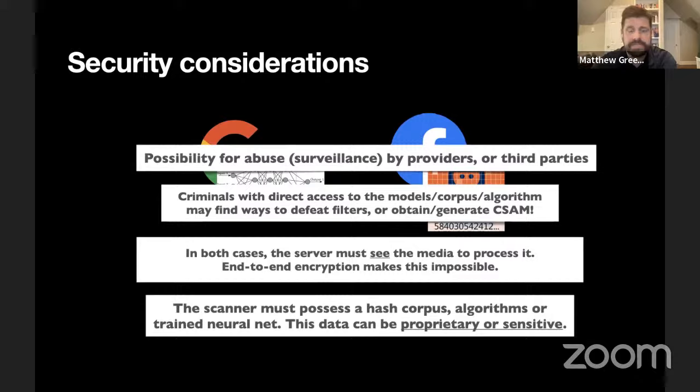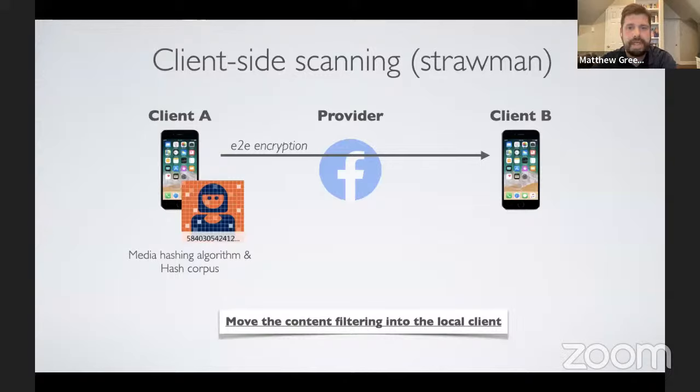They also create another possibility, which is the possibility for abuse and surveillance by providers. However, we tend to discount that because the systems are not end-to-end encrypted in the first place. So adding a surveillance system on top of a non-end-to-end encrypted system tends to not rub people the wrong way, or at least it doesn't make this situation dramatically worse. Okay, good. So these are the systems that don't work with encryption.